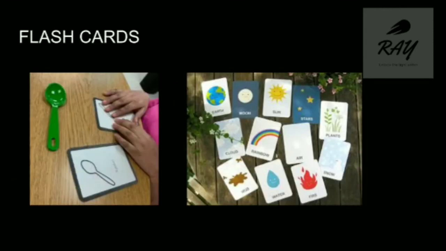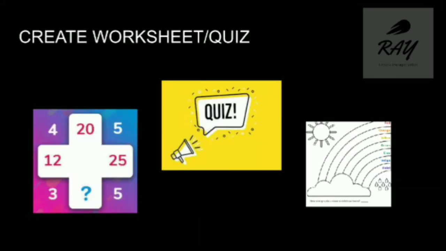And then flashcards. Yes, using flashcards is one such boon for kinesthetic learners, because of writing down a piece of information, and you can use these cards, flipping them up and down, and that would help them to physically engage when they read a certain concept. And then creating worksheets or quizzes. Kinesthetic learners are usually good at multitasking, and if your child likes to go for a walk or something, always have an option for them to listen to some kind of educational broadcast or audio book or audio materials that are available related to the topic.